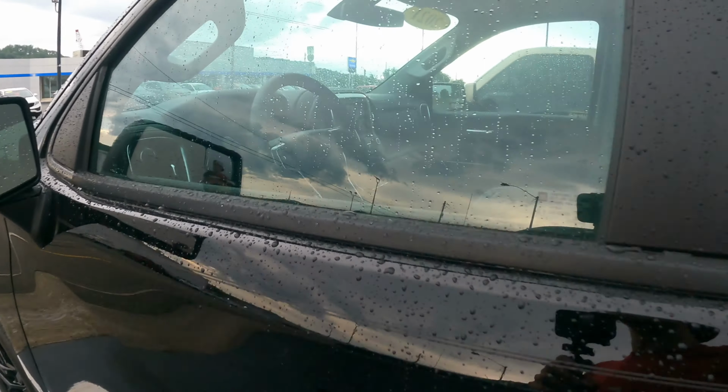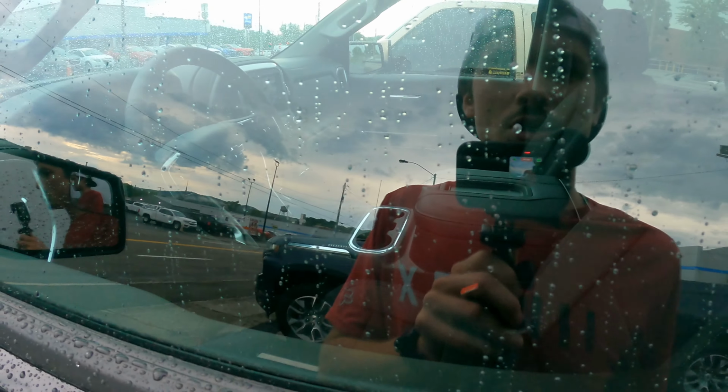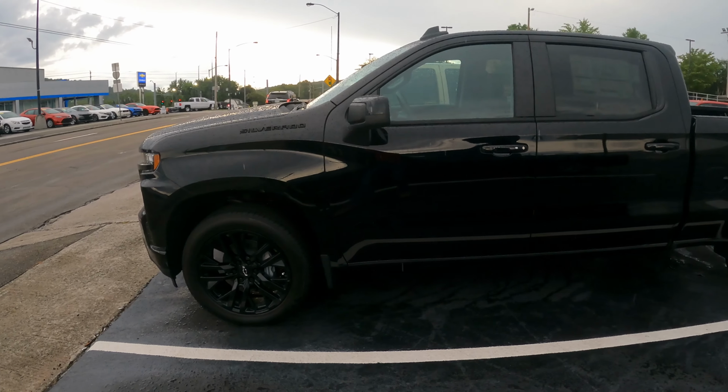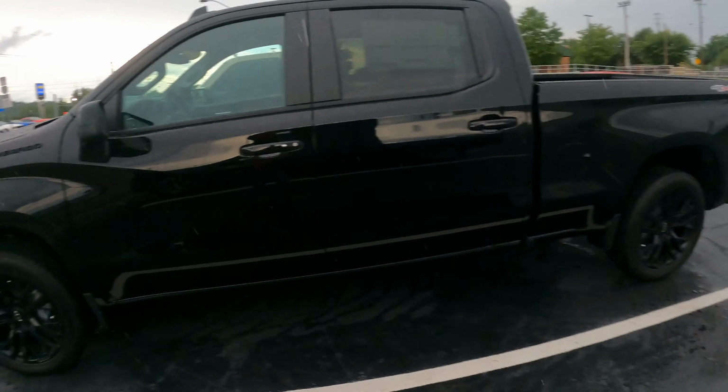The original sticker price is $54,000. It's the cloth interior, the heated seats, center console. I'm not a huge fan of those, it doesn't bother me that much, but look how gorgeous this truck is. So, $54,000 MSRP, right? At the Toyota dealership we were just at, they had, a few weeks ago, an LTZ